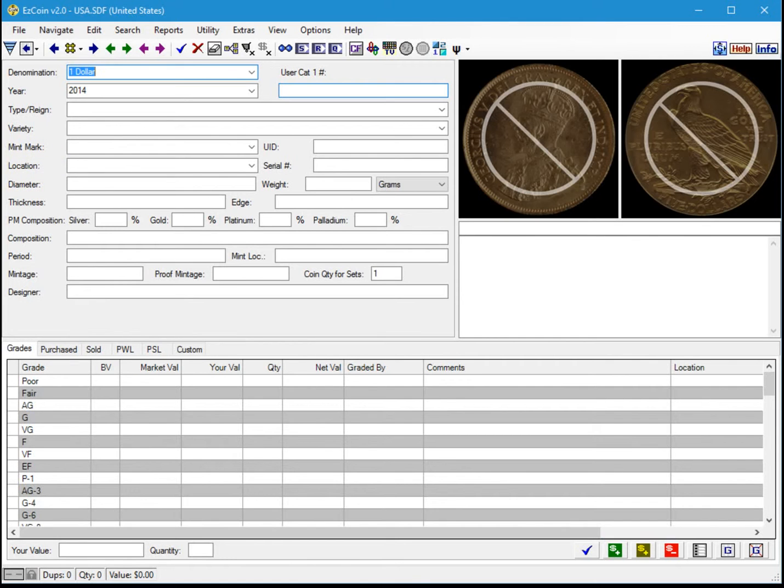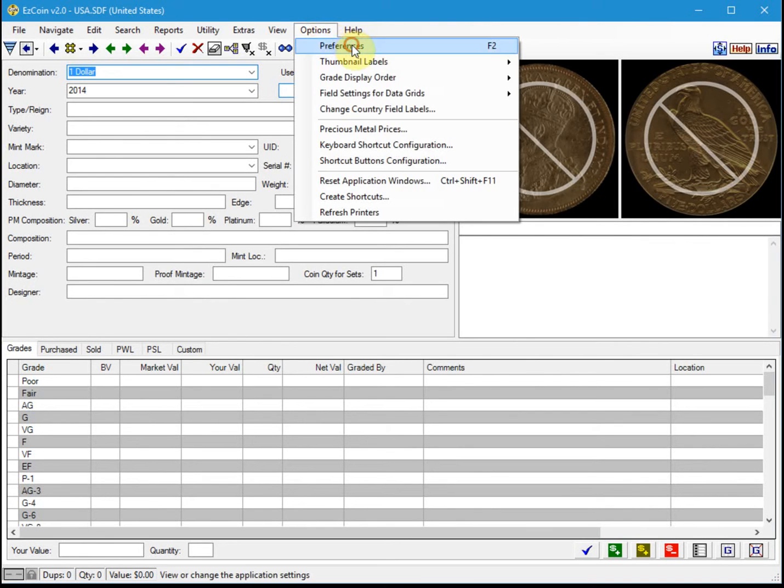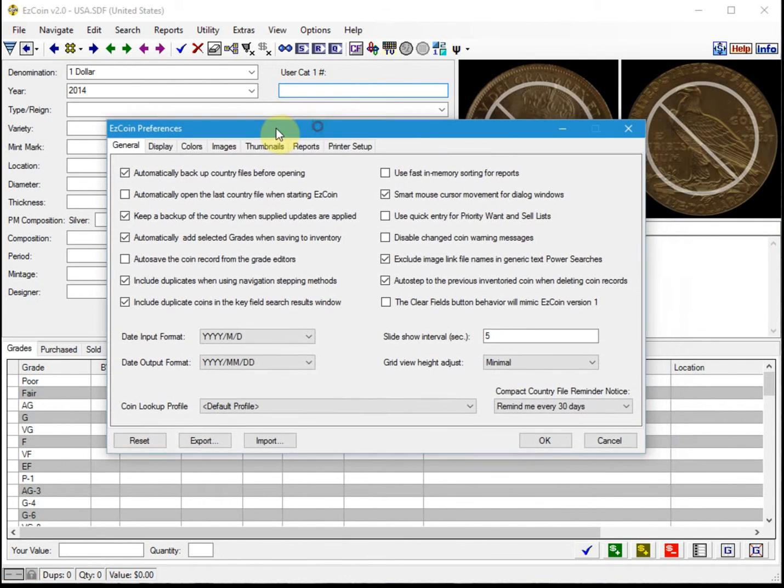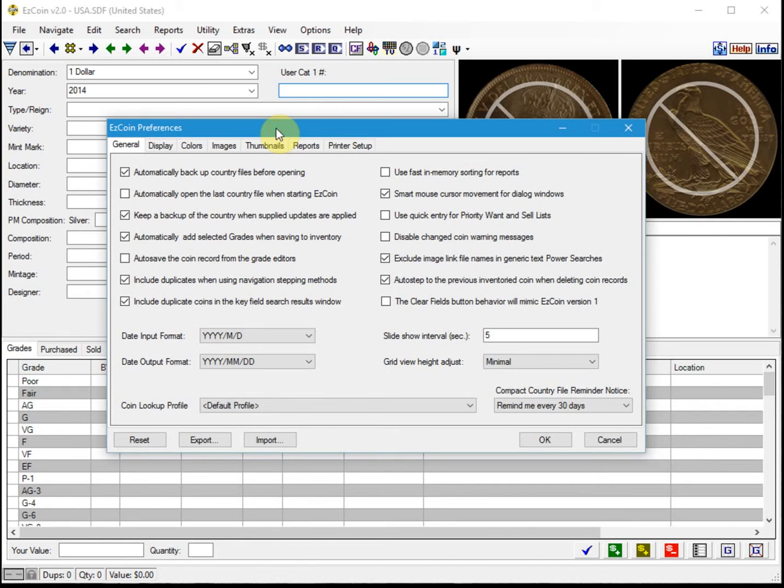Now let's do some of the useful preference options that you can set in EzCoin to make your navigation a little easier. To do that, you need to go to the Options menu and select Preferences. There are many preferences available, but I'll just show you some of the most useful ones. In the General tab, which is what we are in now,